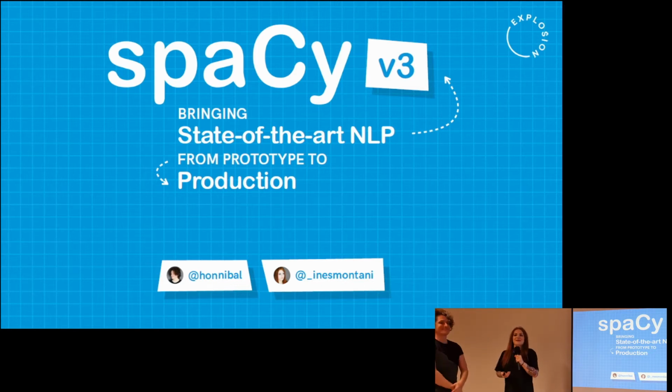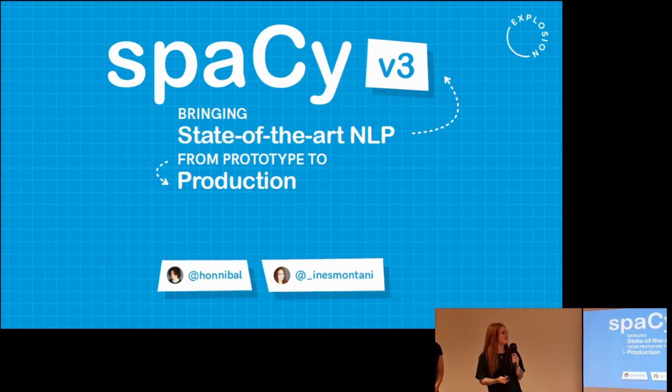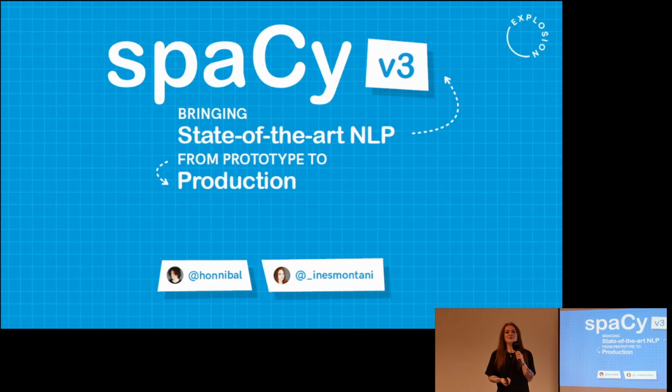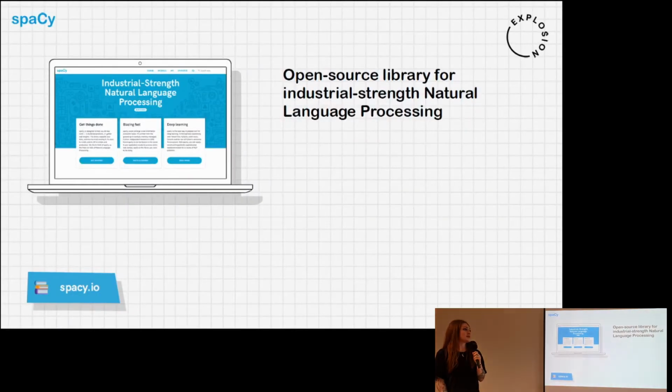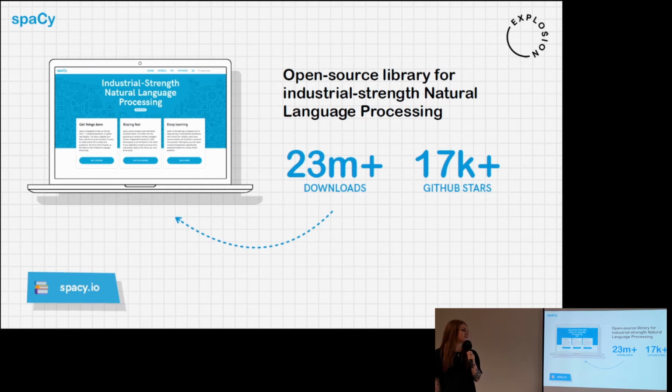Yeah. Hey again. It's nice to be here in person as well as online. We're going to be talking about spaCy, and especially the new upcoming version, spaCy 3. spaCy is an open source library for industrial strength natural language processing in Python. And we've been very pleased to see the library grow over the past couple of years since its launch about 5 years ago, or maybe a bit longer.